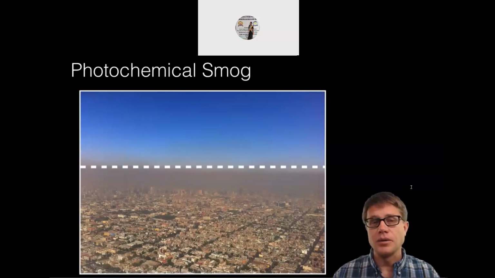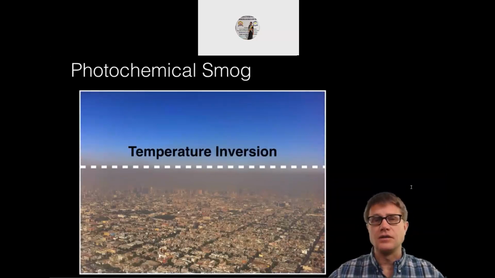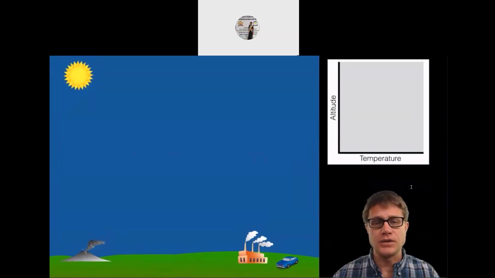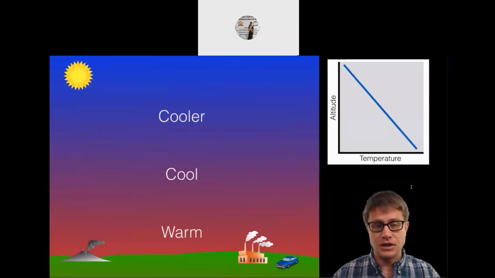Well, what you're looking at there is a temperature inversion. And so the heat is inverted. Let me show you what that looks like. In this environment, the sun is heating the earth, and so we're going to have the air near the earth warmer. If we look at that gradient, it's going to go from warm at low altitude to cooler air as we move up.